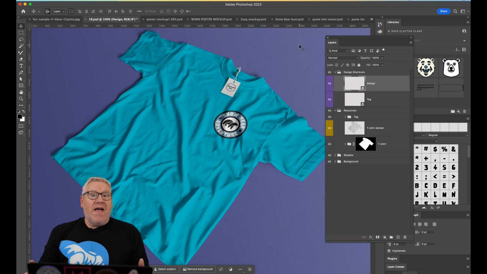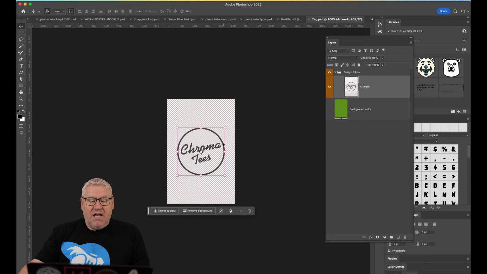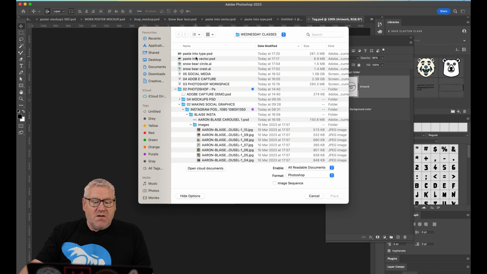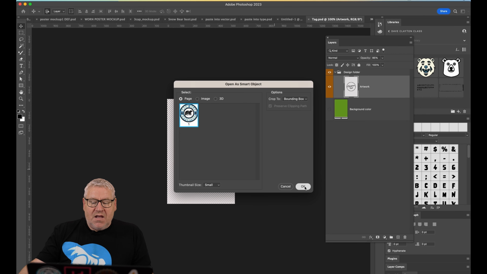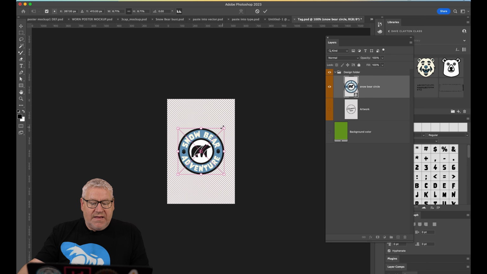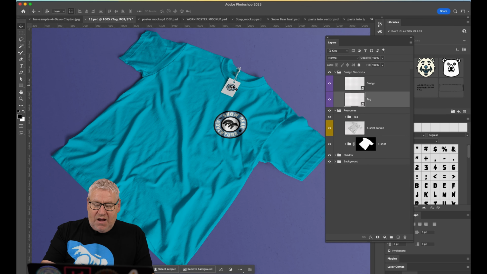of Snow Bear merchandise, even on the tag, if we go into the tag, we can double click on the tag, we can go file, we'll go back to place embedded, we'll go back to our circle vector, Snow Bear circle, place it, click OK. We're going to lose the underside one. We're just going to make that a little bit smaller like so. Just commit that, hitting enter, close that file, save, go back to our t-shirt,